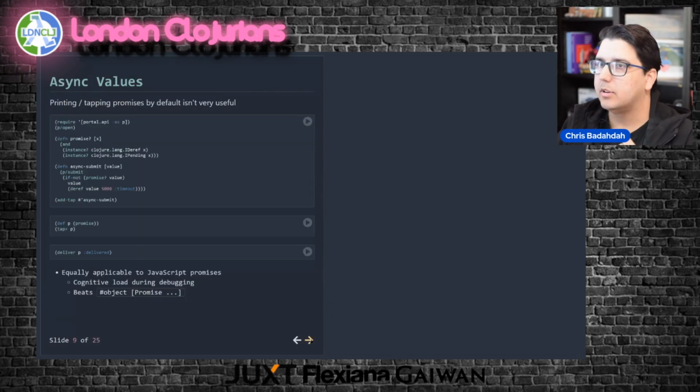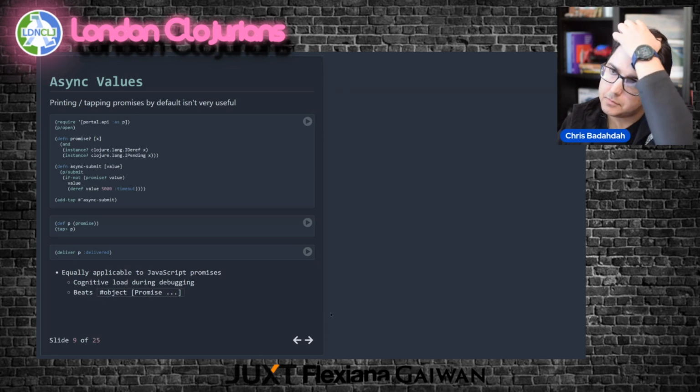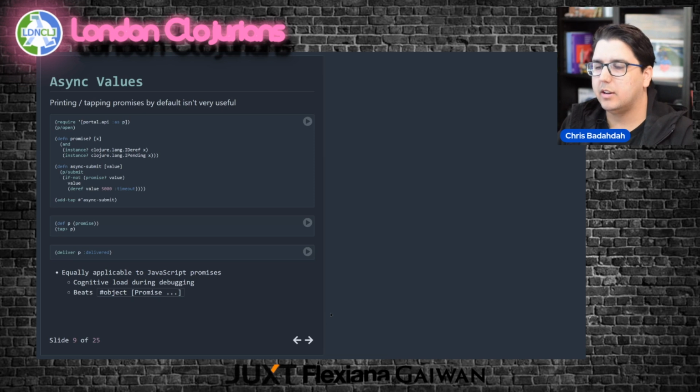So another example of this custom submit function is not just transformations directly, but transformations over time. If you've worked with asynchronous values, like promises, what I've seen people do is they don't necessarily know that they have a promise, and they call print, and they see something like this where it just says, "Hey, I'm a promise." I'm trying to debug this asynchronous program, which is already difficult, and I have to worry about wrapping the things I'm printing so I can actually see what my program is doing. So it's easy to remove that cognitive load on yourself by using a custom submit function.